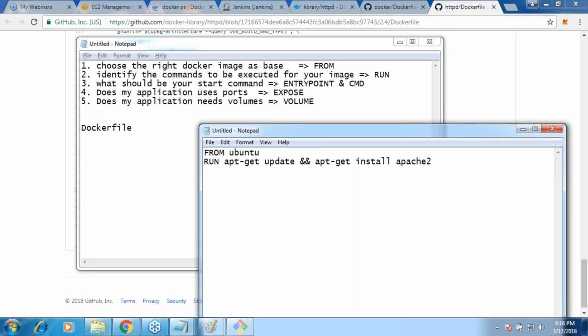Yes or no? The moment that comes, Docker will identify that there is something wrong and your image building will be stopped. You cannot create an image. So if you do apt-get install apache2, the same thing happens. So I'm giving